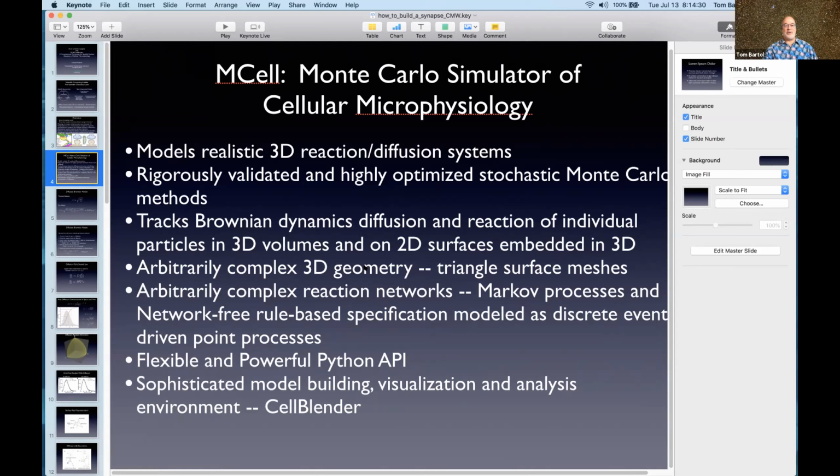And so a lot of what we do uses excellent software that comes to us from the computer graphics industry and academic pursuits. And you learned yesterday from Jim about how the BioNetGen language can be used to describe arbitrarily complex reaction